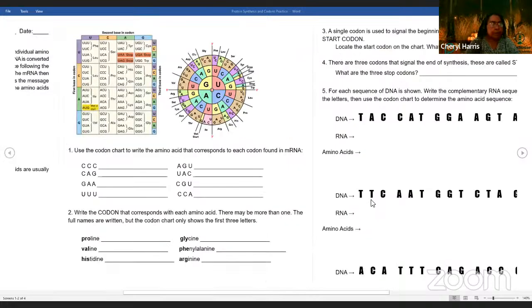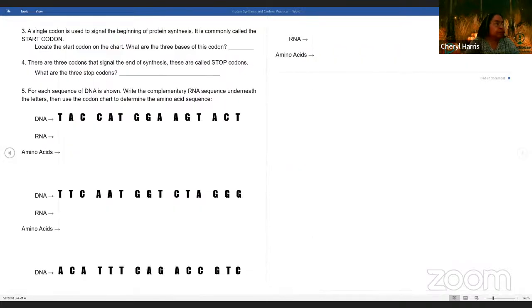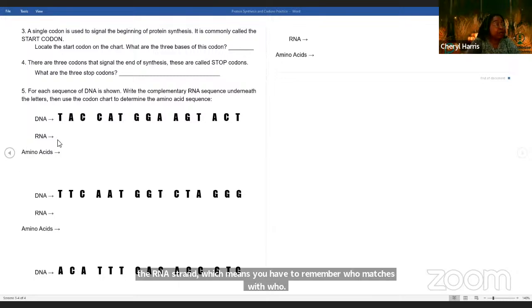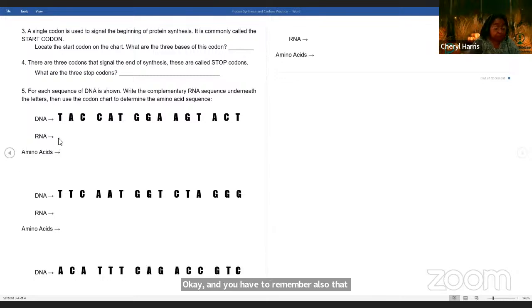Alrighty. So that takes care of those. All right, so I've answered 3 and 4. Now let's look at 5. For 5, you've got 2 rows that you have to complete. The first row, you're going to have to build the RNA strand, which means you have to remember who matches with who. Okay, and you have to remember also that RNA does not have T. So while T will bond with A,